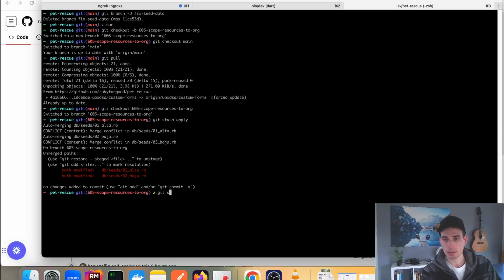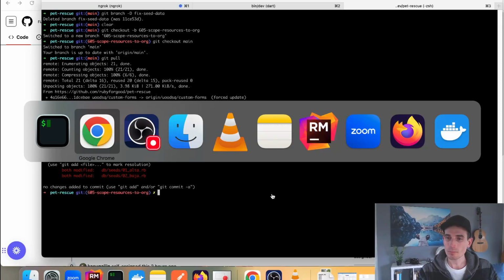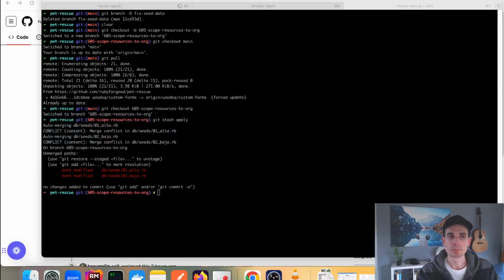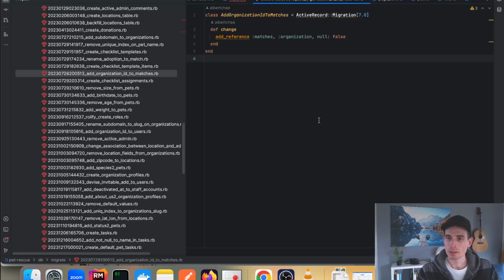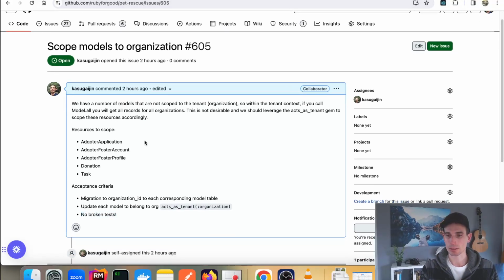Now we can look at code. There's the IDE on my other screen here. Okay, so the first thing we're going to do is think before we code, right? What do we need to do? We're going to take a look at this ticket. So we need to create a migration to add the organization ID to each corresponding model table. And we've got to think about, okay, do we need an